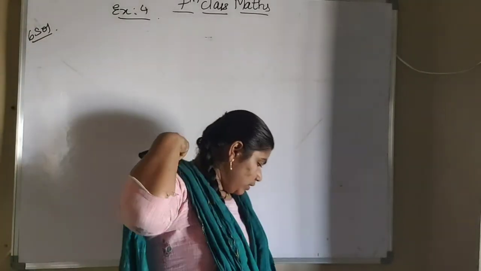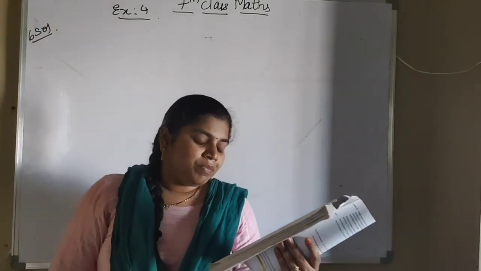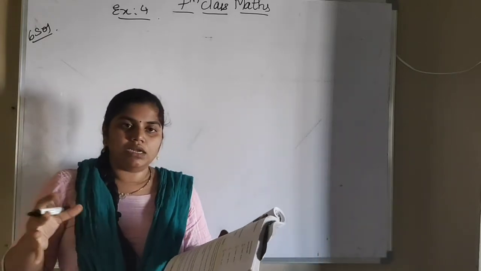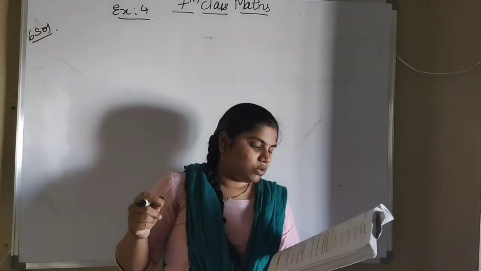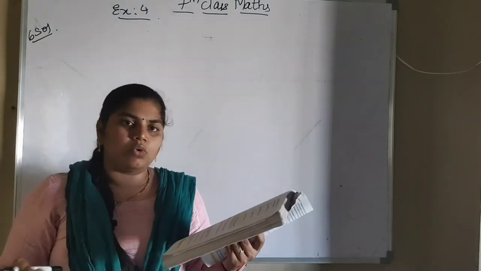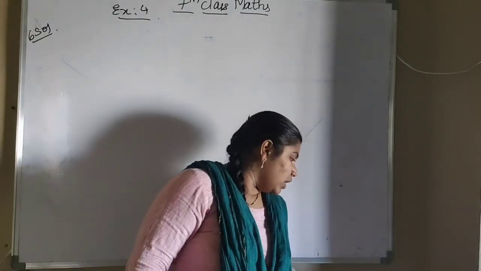So what is sixth one? Out of 12,000 votes in a constituency, 60 were voted. Find the number of people voted in the constituency. So total number of people in constituency voters are 12,000. In that only 60% were voted. So what is that 60% value we have to find now?